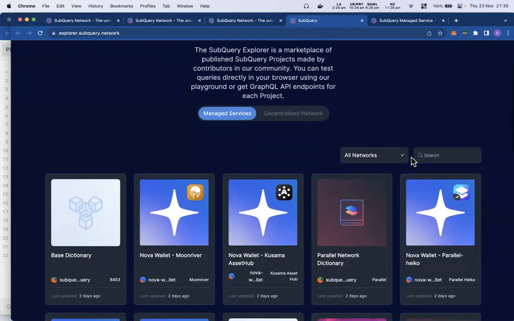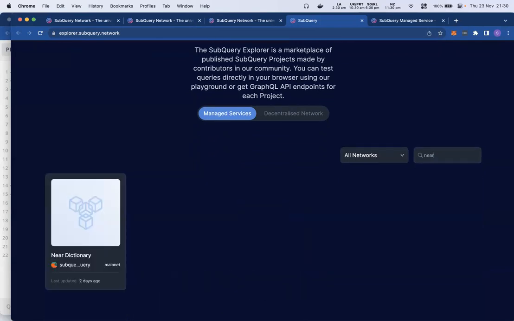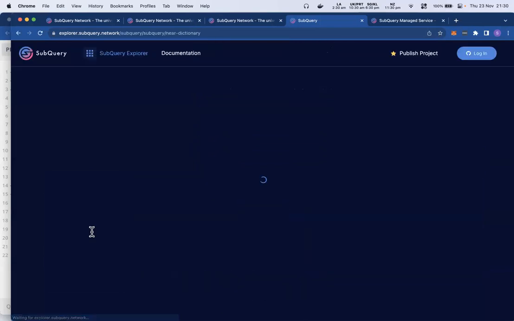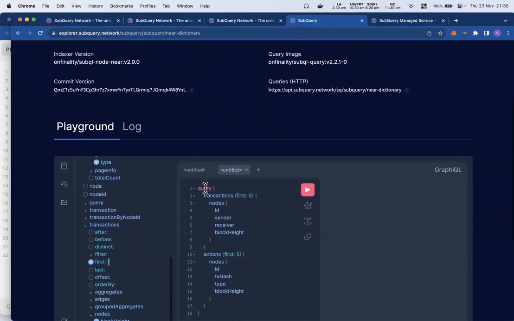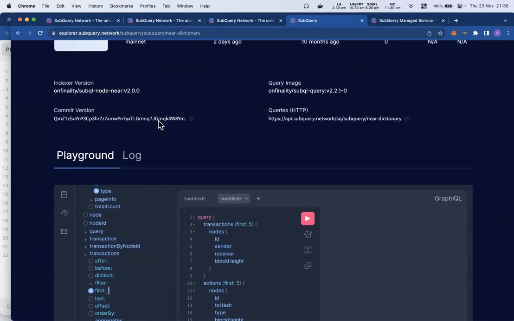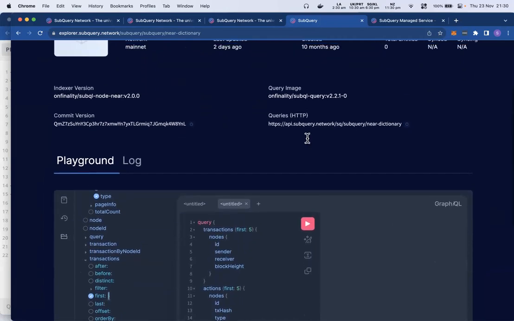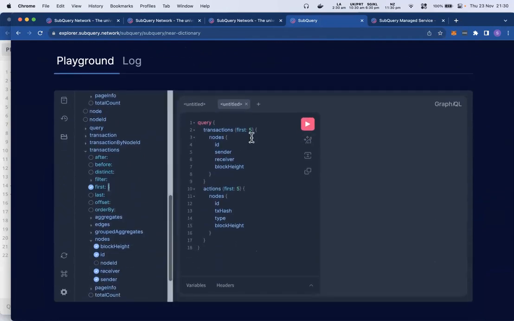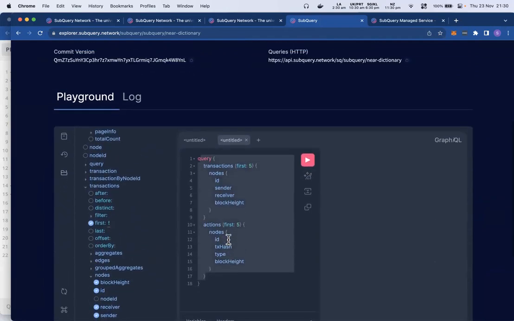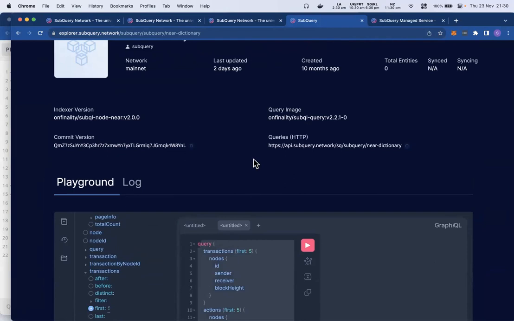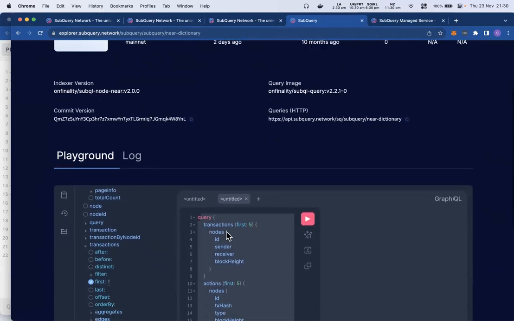This is on our managed service as an example. I don't know if I've got anything on Near. Oh, Near dictionary, I've got this one here. Basically, you'd query a particular endpoint. This might be the endpoint here, the API SubQuery network endpoint. So you send a GraphQL query such as this to this endpoint, and then you get some data returned.